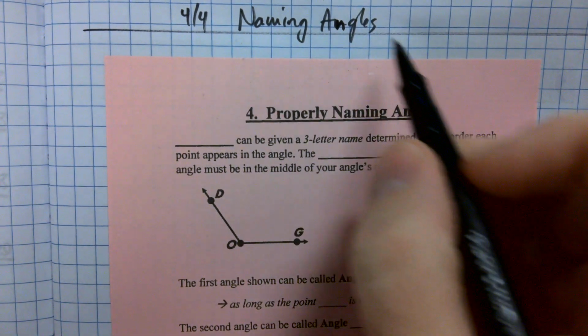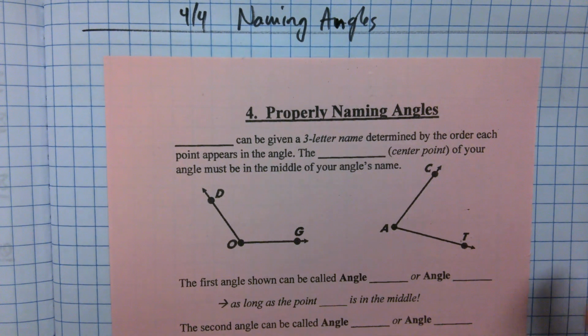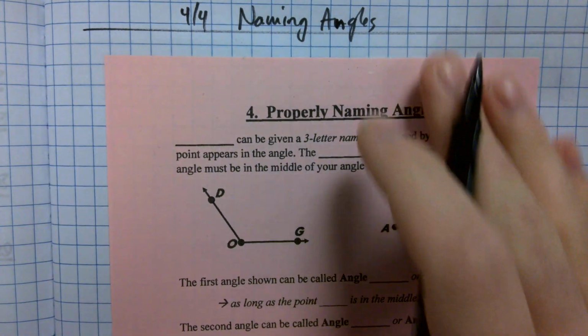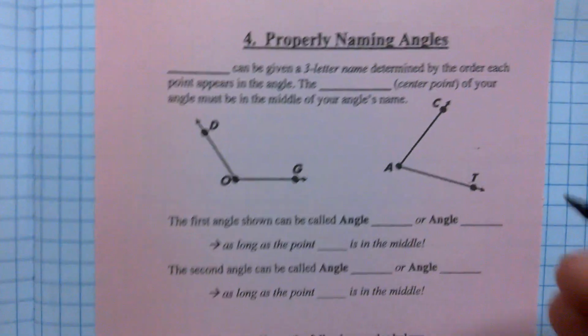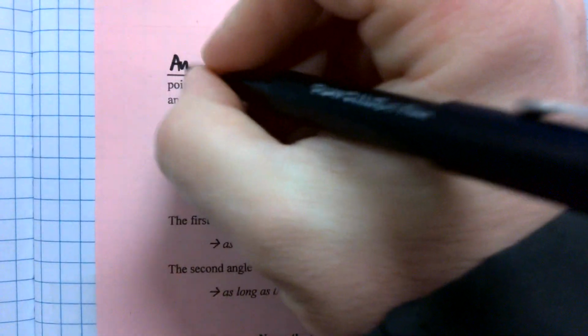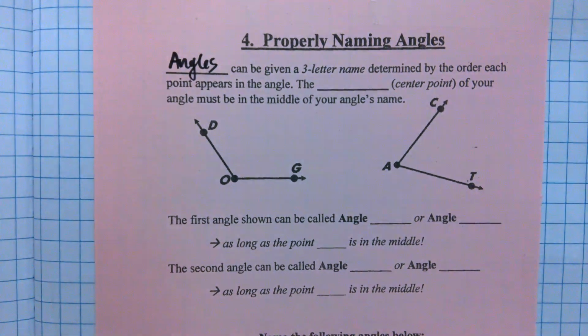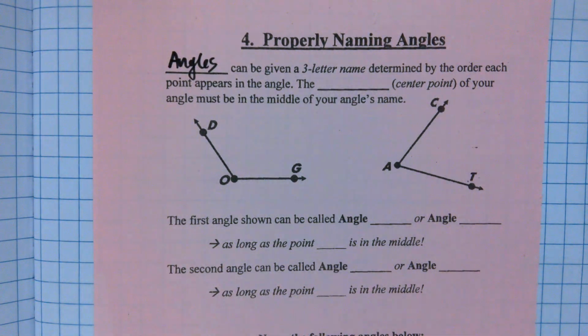And the way that angles are named in that test and in your future math classes is a little bit different than the way that we've been talking about it. So, angles are going to be given a 3-letter name. Think of it like your initials. Most of us have a middle name, right? So your initials, like mine would be TRC, right? My first name, my middle name, and my last name. So angles are named in the same exact way. We've got 3 capital letters